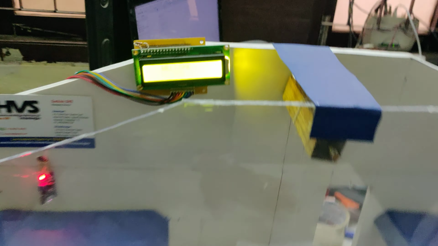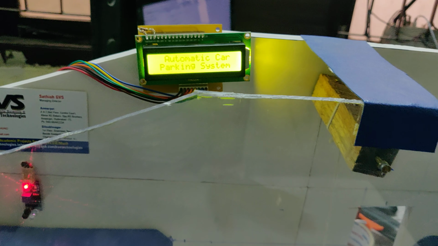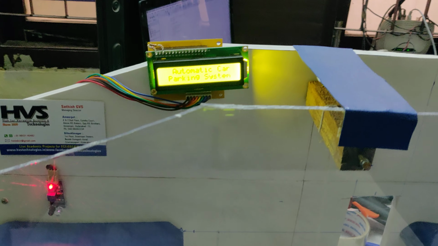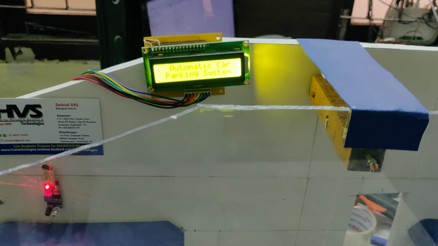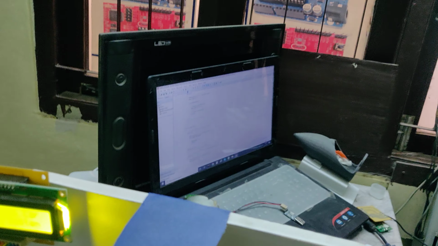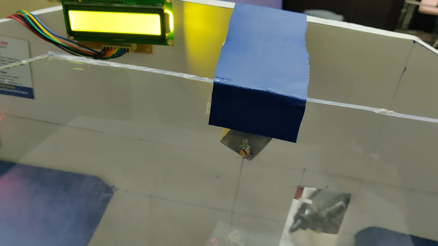Give the supply on. On the LCD you can see the welcome to the project of automatic sky car parking. You can see it comes down, releasing the motor to the down position. Once it touches the limit switch, it will be off.